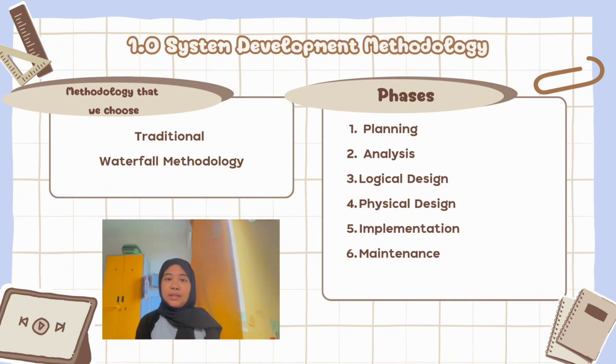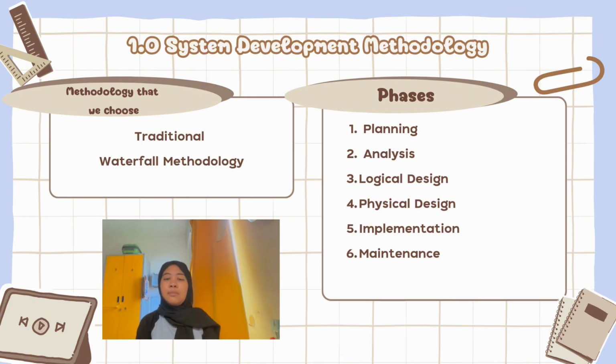First phase is planning. Planning is where we identify objectives, scope, stakeholders, feasibility, budget, and timeline for automating driving school operation. Second phase is analysis. Analysis is gathering requirements for student registration, lesson scheduling, and payment processing. Next, we have logical design. Logical design is designing system processes, which are the FD, IRD, use case diagram, and defining relationships among student, instructor,